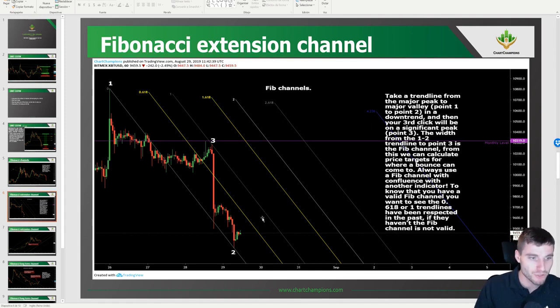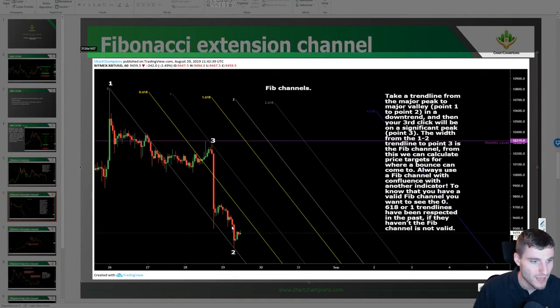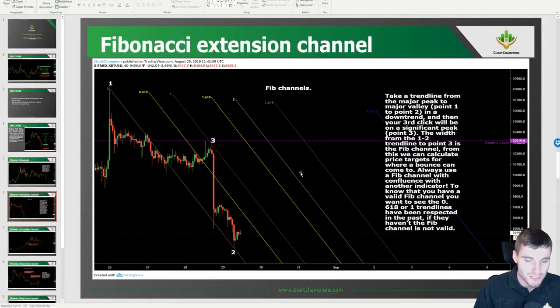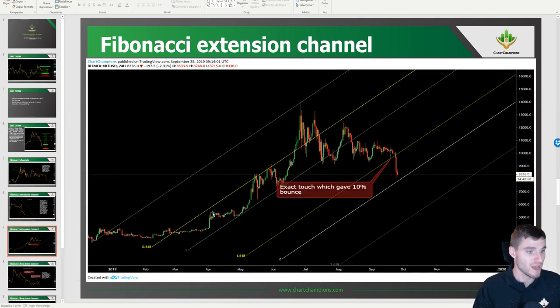But yeah, you're looking at this for where, let me just show you visually. So you'd be looking for this as like a target. So something like this. Hitting this is a target for you. Hitting this is a target for you. Hitting this is a target for you. Again, never use this alone. Use it in confluence with something else. Okay? But this is a good signal of where you could be using things. So yeah, this is like a perfect,